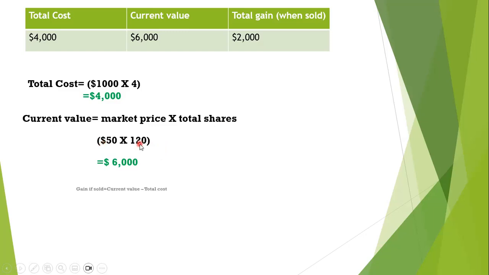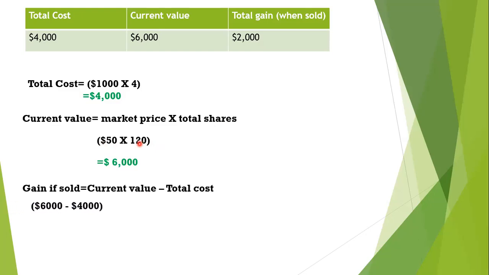So let's decide we are selling and closing these positions that we have been investing in. When we're closing, we take the total number of shares times the current market price of the shares. That will give you 6,000 if you sell, right? If you sell, you take the current value minus the total cost. So the current value is 6,000 minus 4,000, which gives you 2,000. This is on the assumption that we did not incur any commission.